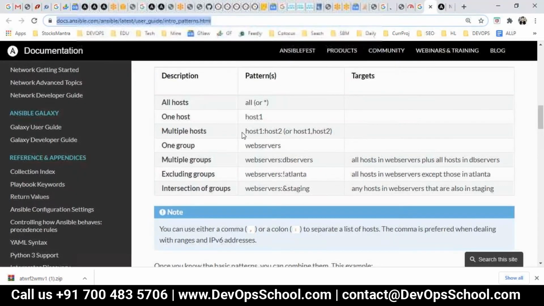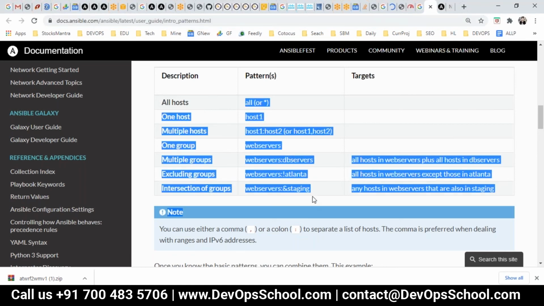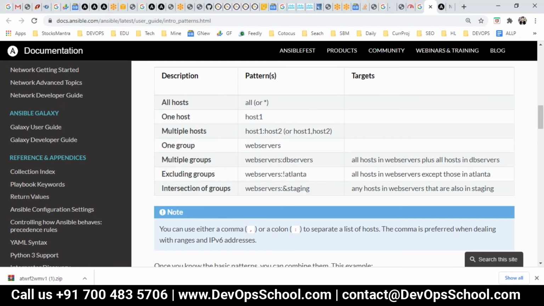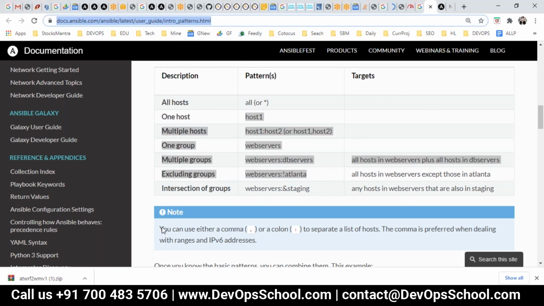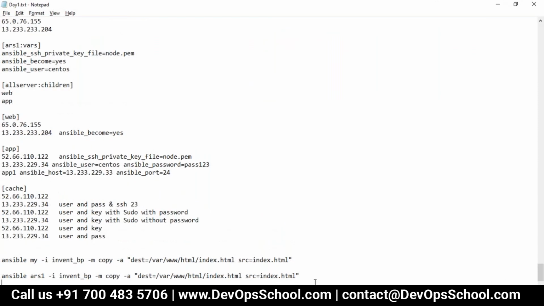I had opened one. Here it is. So guys, look at the pattern, in which pattern you can pass it. Here are all the patterns. Most of these we have used, except this staging. So for more, see the inventory pattern page.